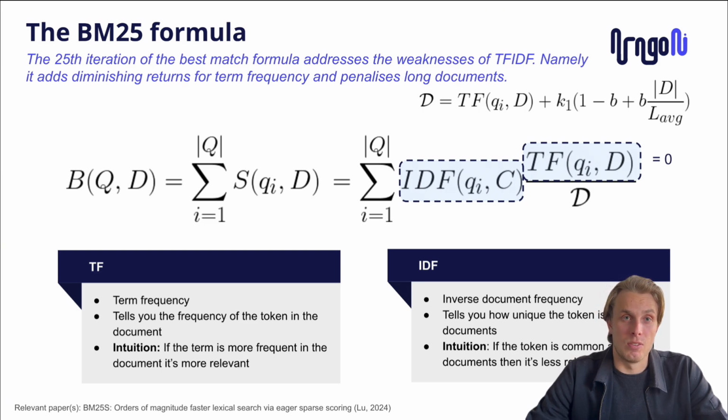And then additionally, if for the document the value is not 0, so the term does appear in there, what we can do is we can ahead of time calculate the score for that token. That means then that we can build up an index which has dimensions based on the vocabulary and the number of documents, and we can have preset scores in there. So it's eager scores. These scores won't represent the full BM25 because what we have to do is still do that summation element that you can see here from the outer argument, which means we still need to know the query at inference time, but everything else we can do beforehand at index time,